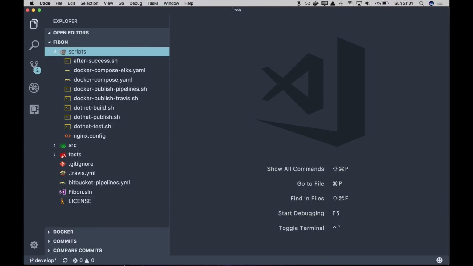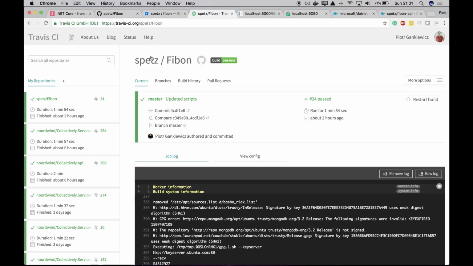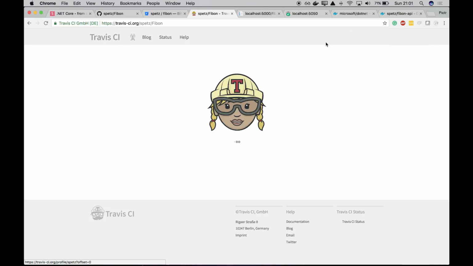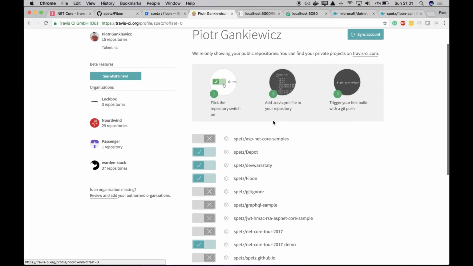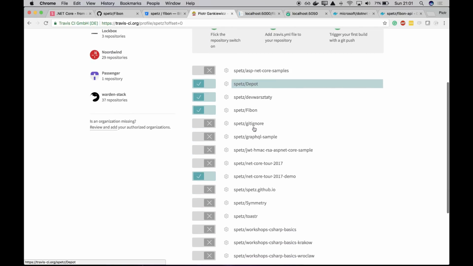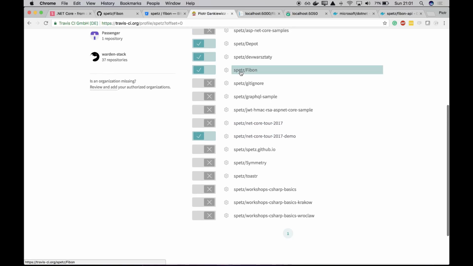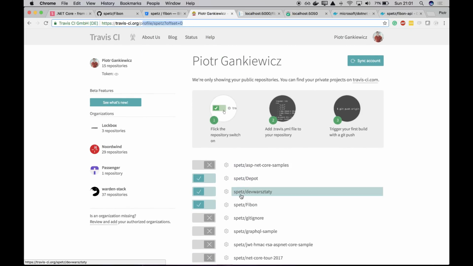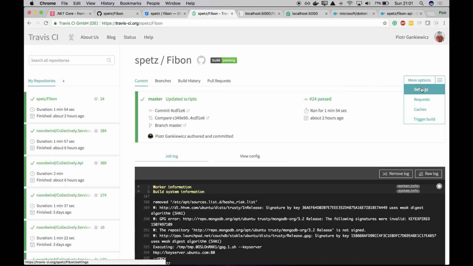I'll be using Travis CI here as my build service, which is free for open source projects. To get started, just log in through GitHub, sync your account, and select the repository that you want to build. As you can see, I have this Fibon, and now I can open it and go to the important part. I just go to my settings here,